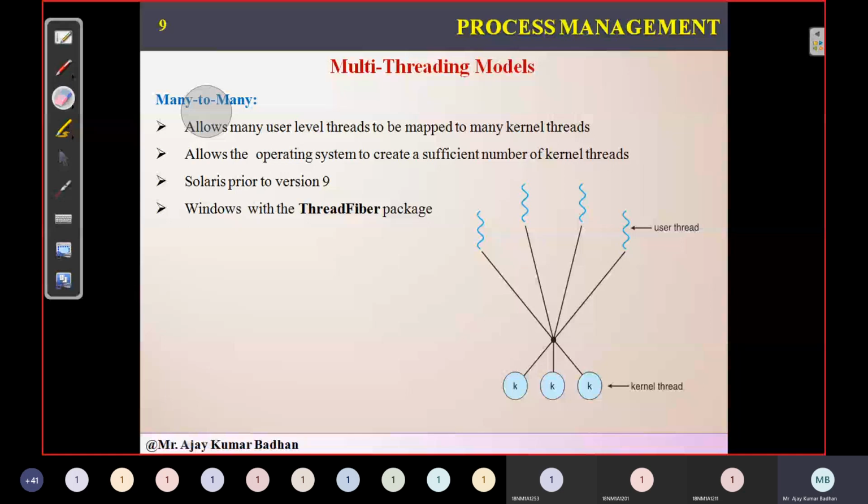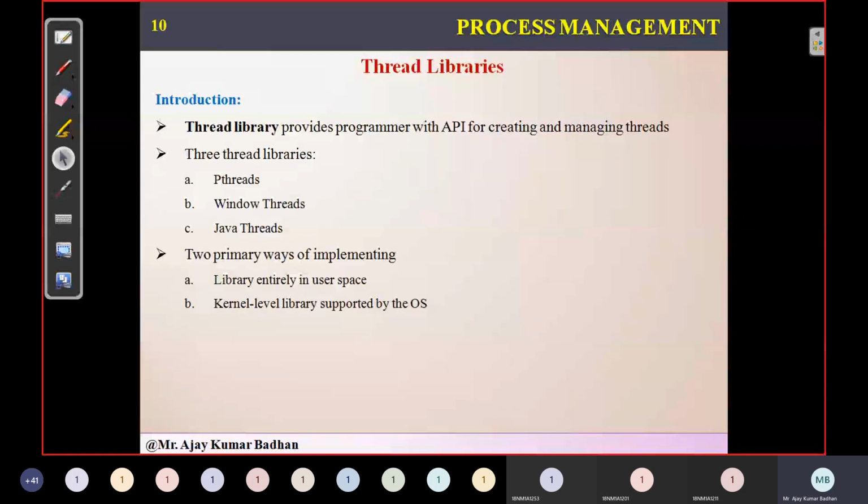Since the time is up, we'll discuss this concept tomorrow. Tomorrow you will see online, and we'll start the class on time with thread libraries. We are going to take a small program. I'll just give it in short. The program is to do a summation of non-negative integers. Suppose I give the value of n equal to 10. You have to add these values, 0 plus 1 plus 2 plus 3 plus 4, 5, 6, and so on up to 10. You have to write a program for this.